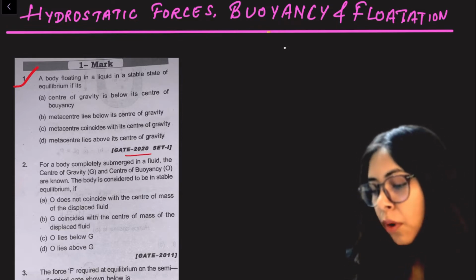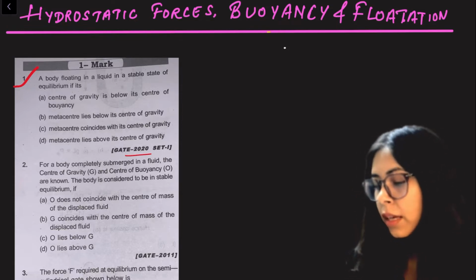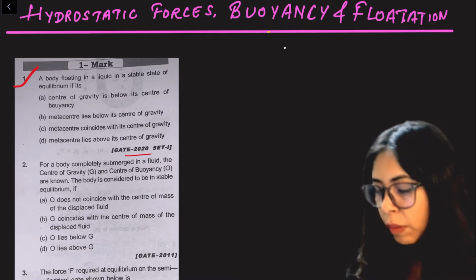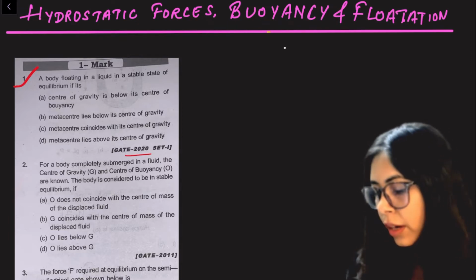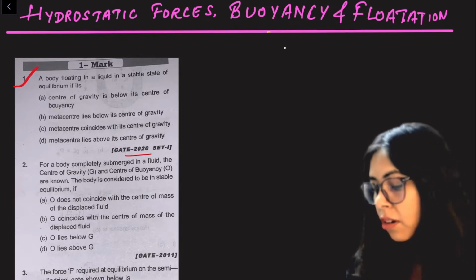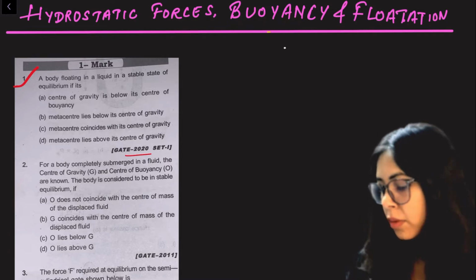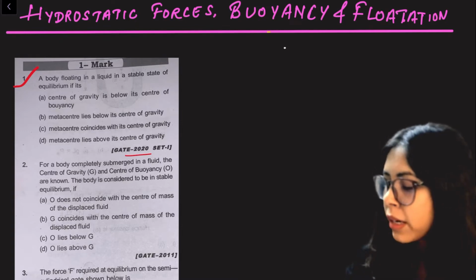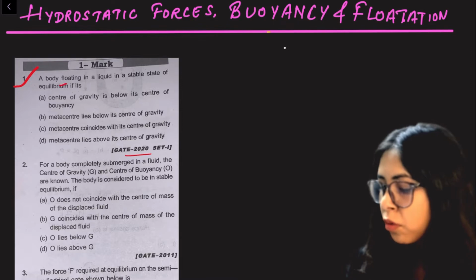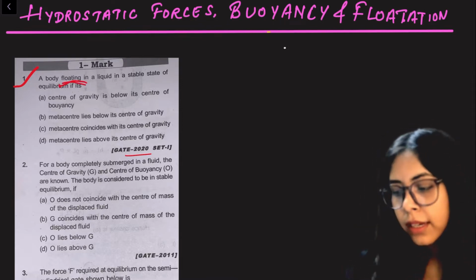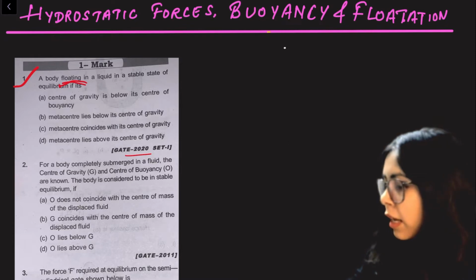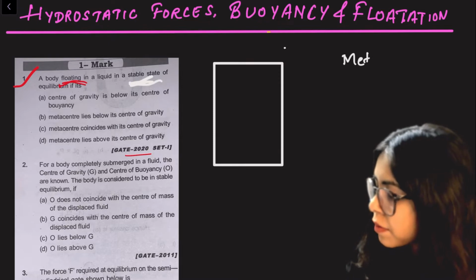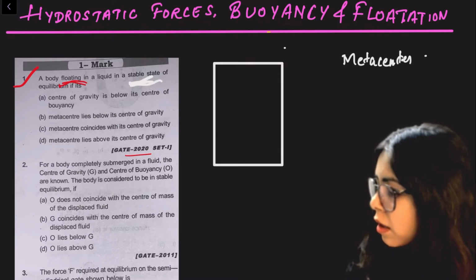The question is: a body floating in a liquid is in a stable state of equilibrium if its center of gravity is below its center of buoyancy, metacenter lies below its center of gravity, metacenter coincides with its center of gravity, or metacenter lies above its center of gravity. So we have to understand the concept of metacenter whenever there is a floating body. Whenever there is a floating body, there is something called the metacenter. So what is metacenter? In this particular question, we should have the metacenter above